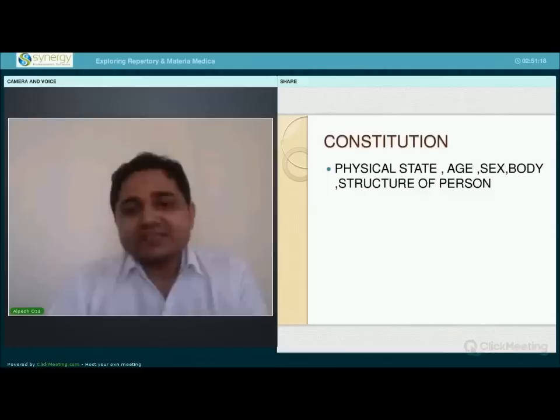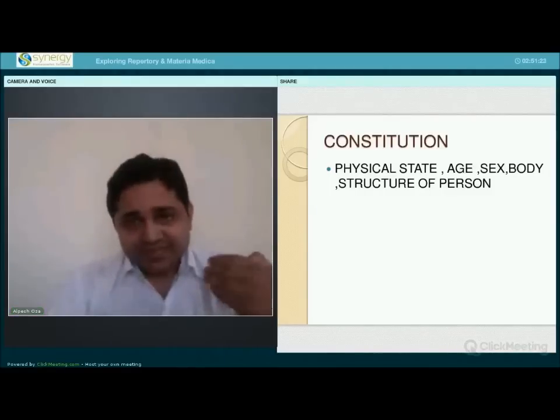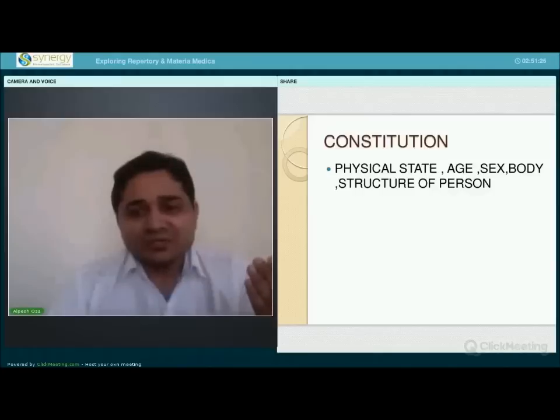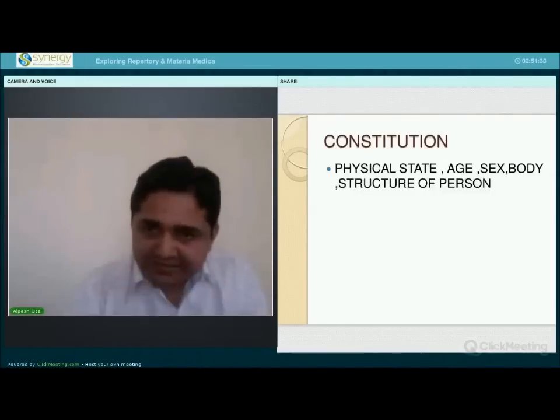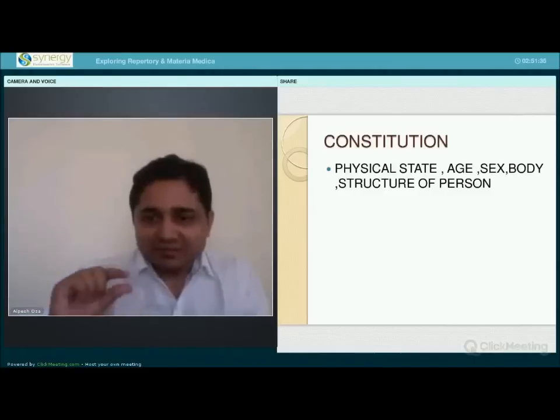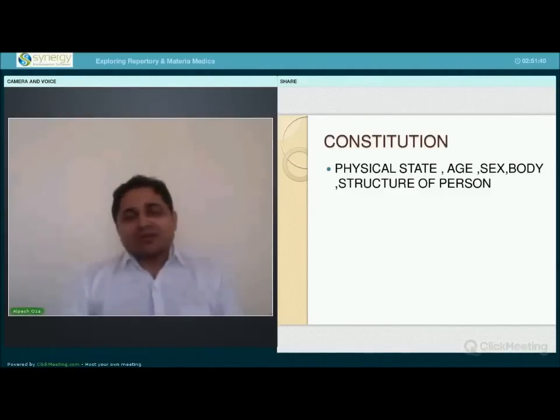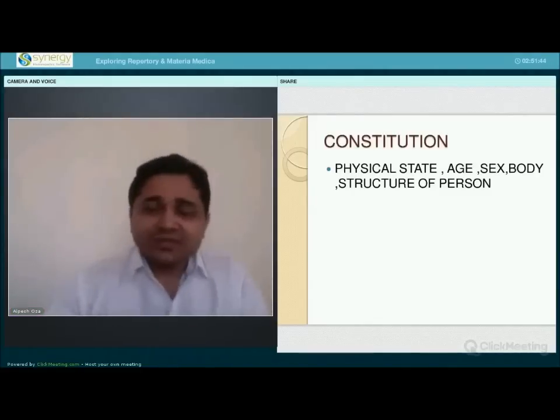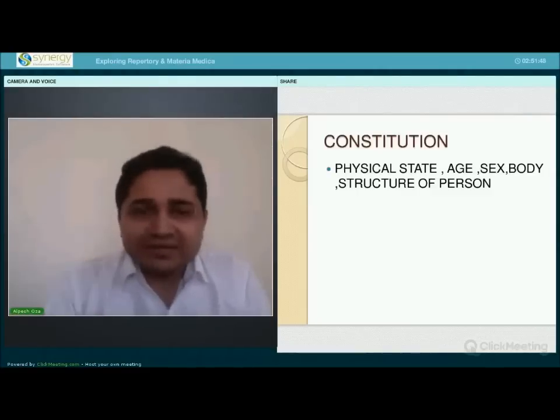Okay. Then the next comes Constitutional. Allen has given the constitutional, like the structure of the person, the state of the person, age, how the body looks, how it behaves, in most of the remedies, but he has given it in a very subtle manner. Like, a child had come who was very chubby, takes cold easily, and even the slightest cold things aggravate the complaints.